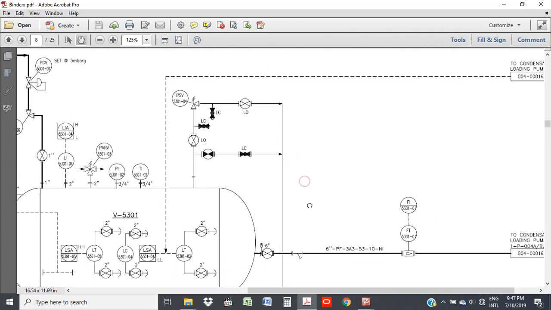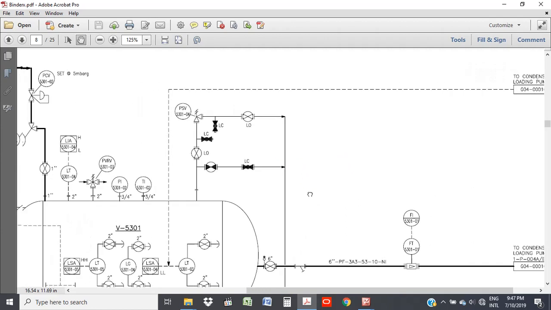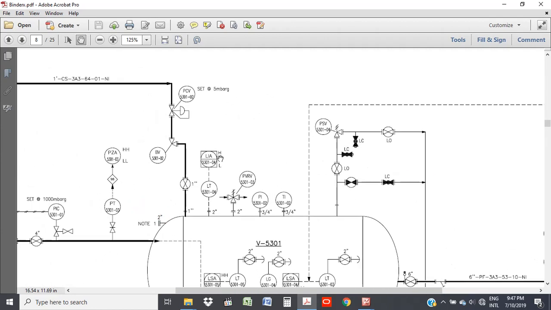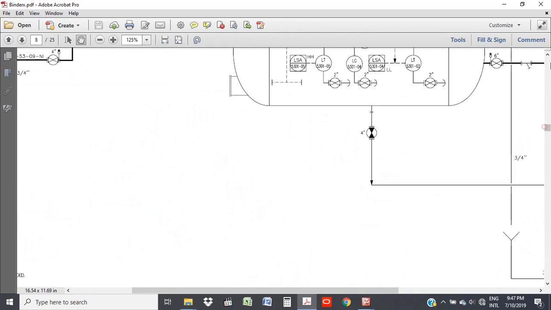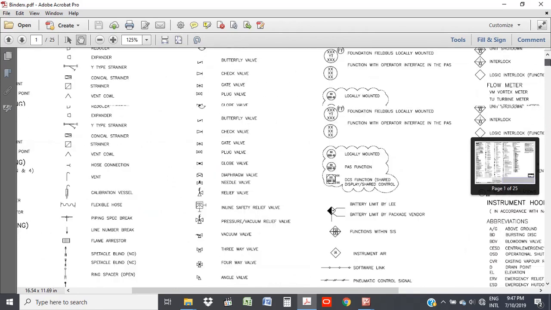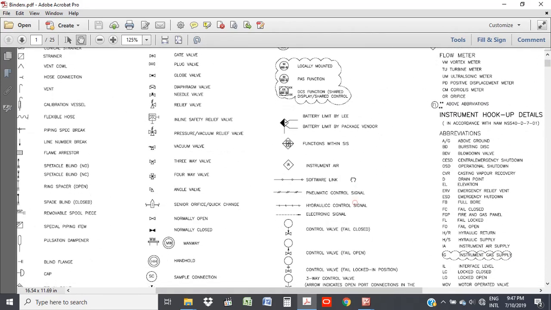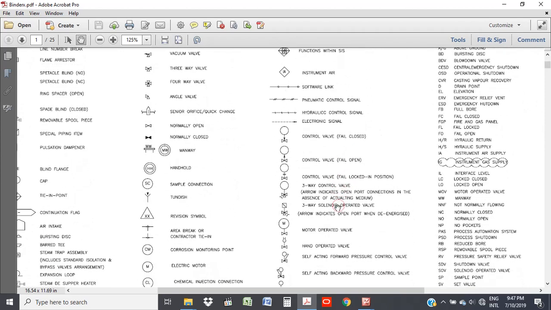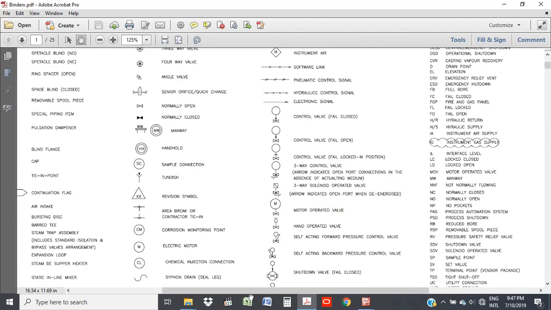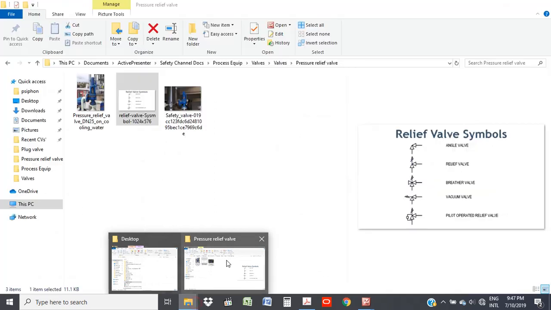Okay, is this going to the drain? That might be a little design error on this P&ID. I'm not too sure. I have a thorough look at it some of the time, but normally it relieves to the flare and allows the extra gas to be burnt out. And from there,